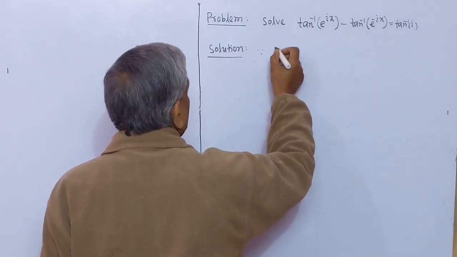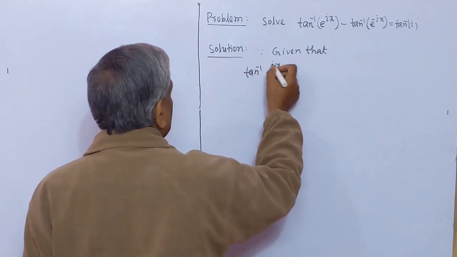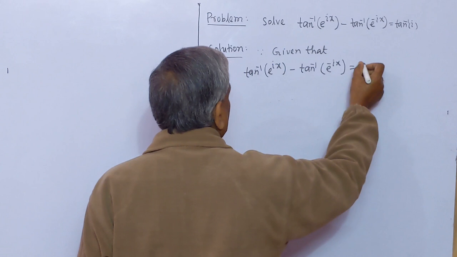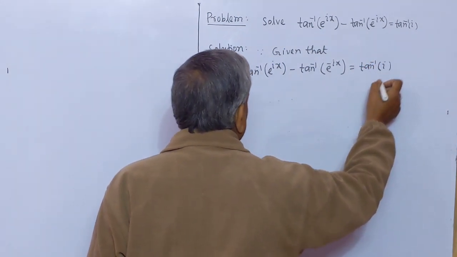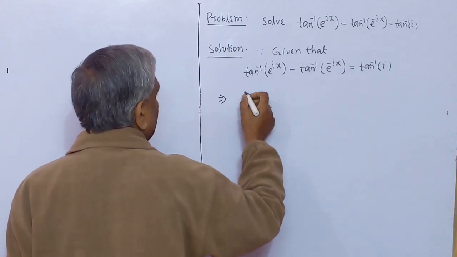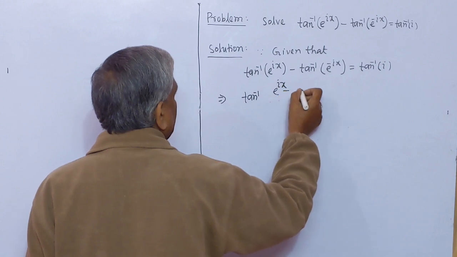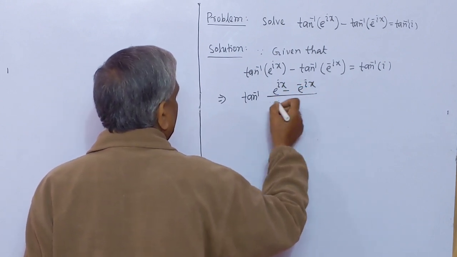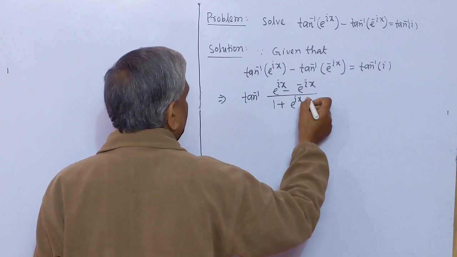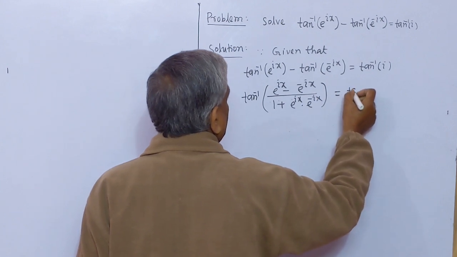Since given that tan inverse e to the power ix minus tan inverse e to the power minus ix equal to tan inverse I, implies that tan inverse x minus tan inverse y is tan inverse (x minus y) by (1 plus x into y), means (e to the power ix minus e to the power minus ix) by (1 plus e to the power ix into e to the power minus ix). This equal to tan inverse I,